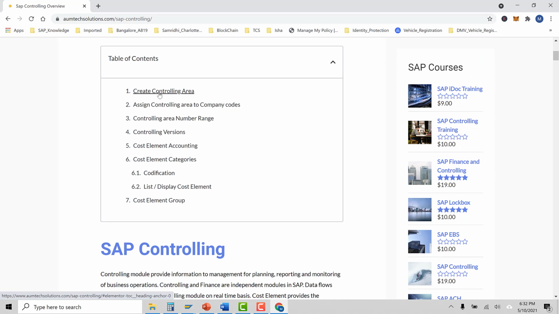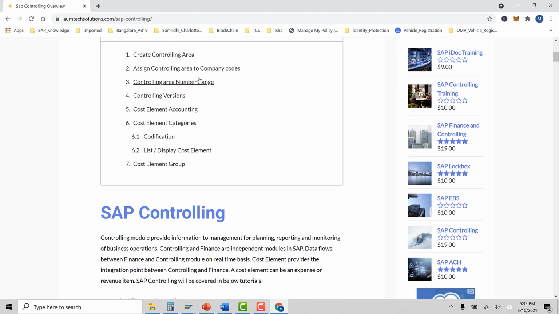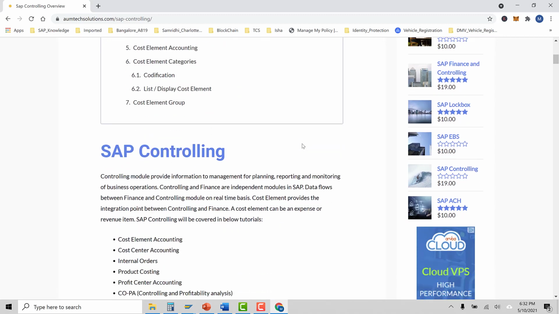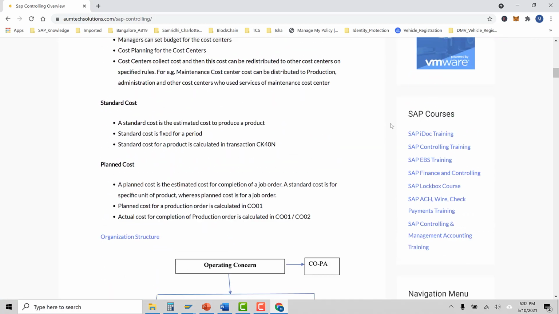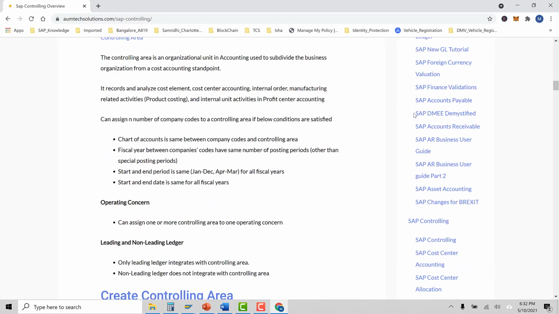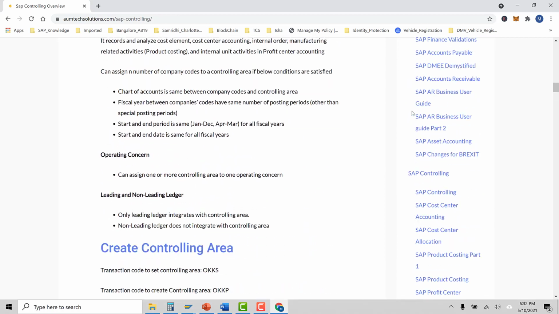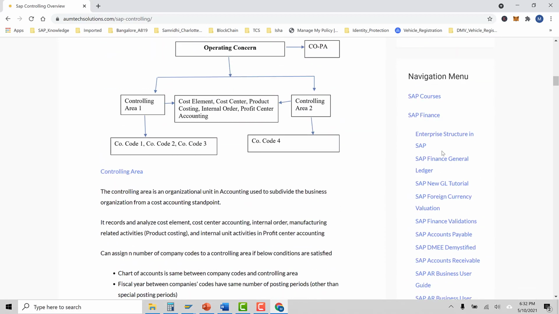SKF. In this tutorial, it's controlling area, assigning controller, the basic configuration required for setting up a controlling area in SAP. But what we are looking at is the SKF. So you can look at this navigation menu.